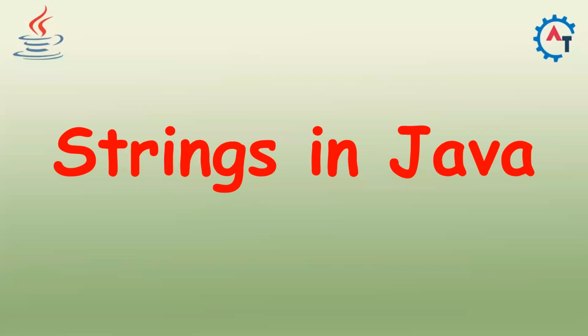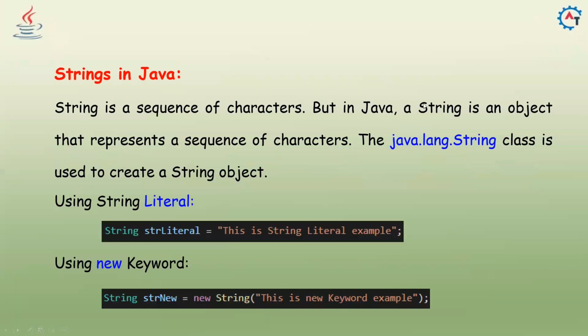Hi, in this video, we will see strings in Java. We have already discussed that we have primitive data types and reference data types. String comes under reference data type, but it is very important. A string is a sequence of characters, but in Java, a string is an object that represents